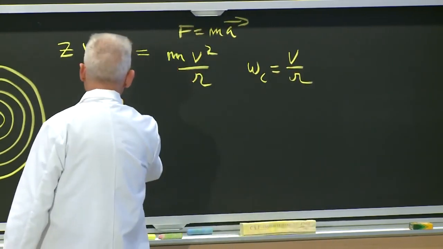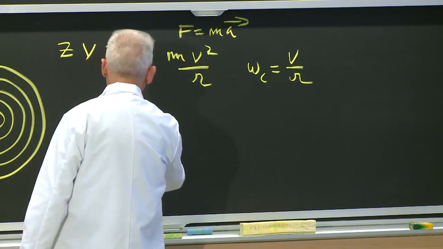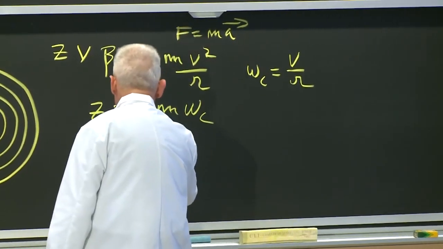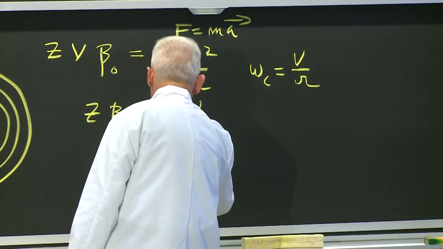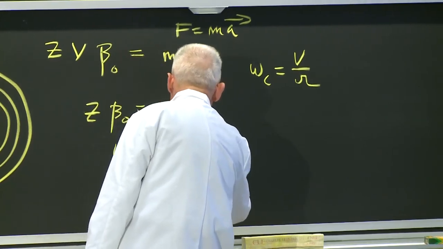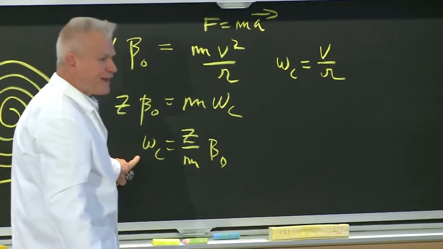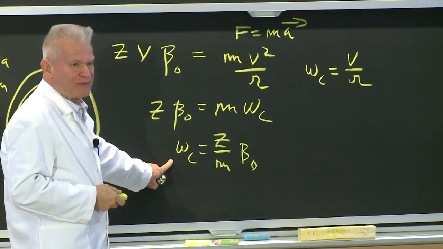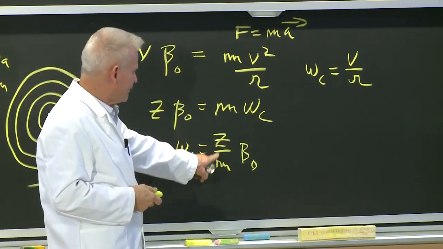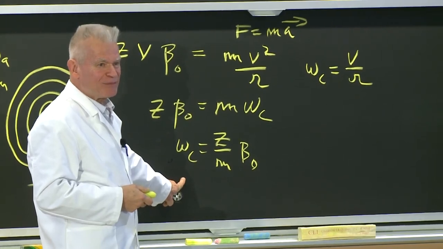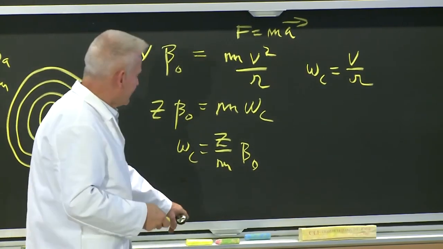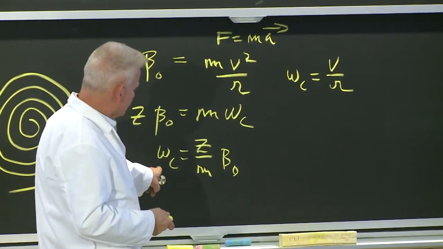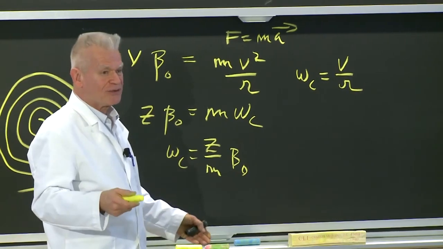So if you plug that in here, the cyclotron frequency of that particle has nothing to do with its velocity. It's only to do with mass and charge. That's the bottom line. That's incredible. And if we hold the magnetic field constant, then the cyclotron frequency is the mass to charge ratio of that